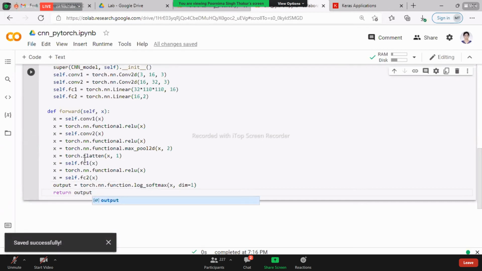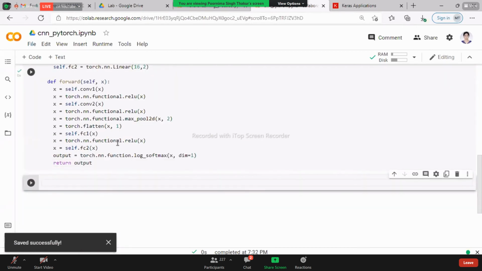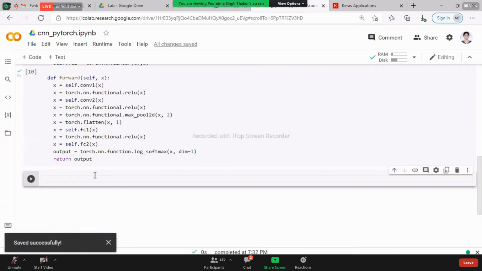So let me run it and I'll explain it again. First, let us check whether there is any issue or not in the complete code. Next part, what we have to do, we have to pass the data to the GPU. If you want to run the code on GPU, currently we are not using it. If you are using the GPU, then you have to pass the complete model as well as the data